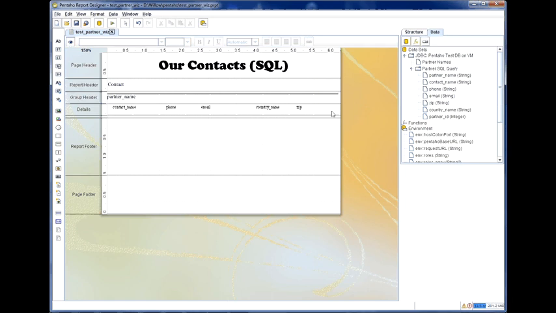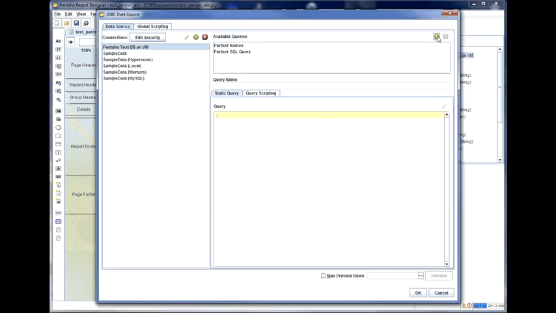The final parameter I'm going to include is going to look up using two different values from the query and use one on the display and the other one in the selection. So what we're going to do is give an option of choosing a country. So I'll edit the data source, and I'll add a new query which we will call country names,